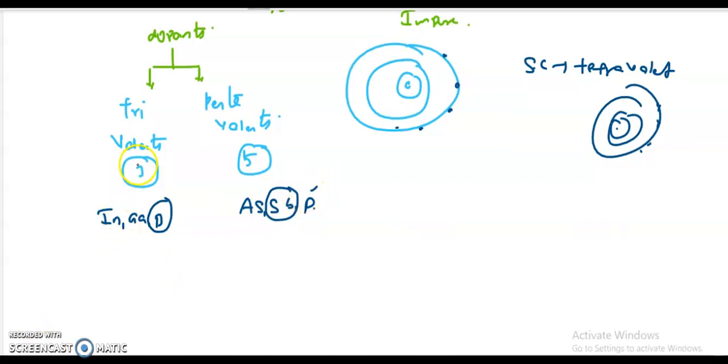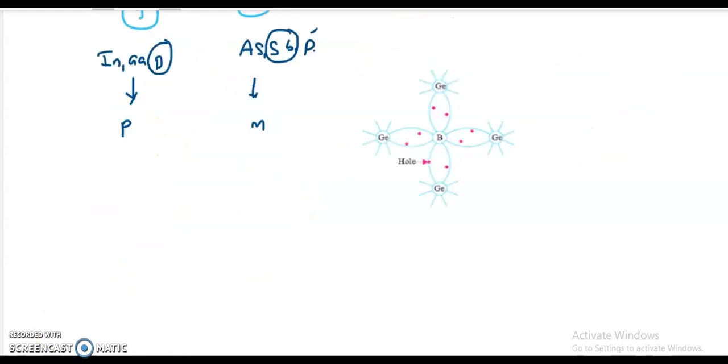And if we dope trivalent atoms into the pure semiconductor, then it is called a p-type. And if we dope pentavalent impurities or atoms into the intrinsic semiconductor, then it is called an n-type semiconductor. So why are we calling it like this? Because if we are doping trivalent impurities into the pure semiconductor, after doping, it will be